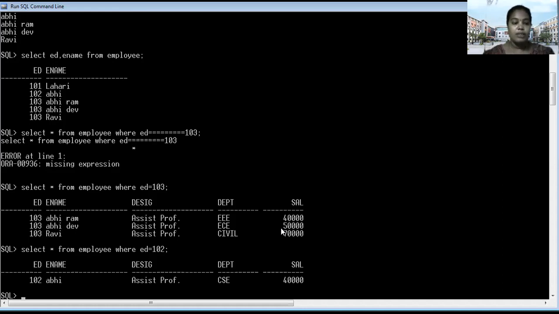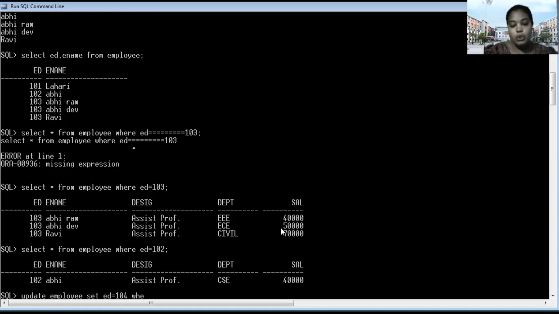That's why we want to change the employee ID for Abhidev and Ravi. So how to update this? By using the update command. Update employee set ID equal to 104.